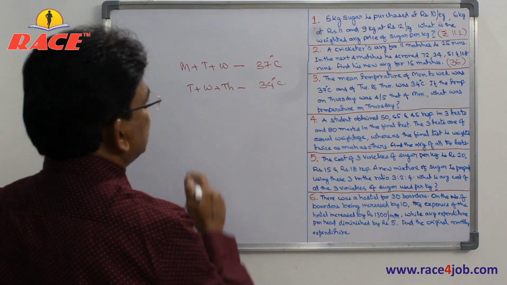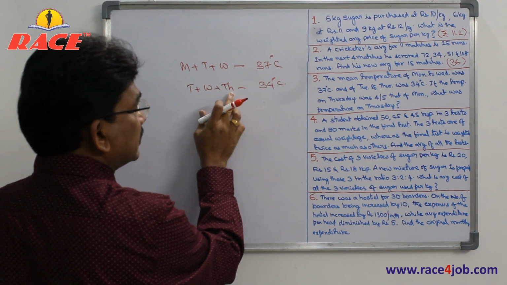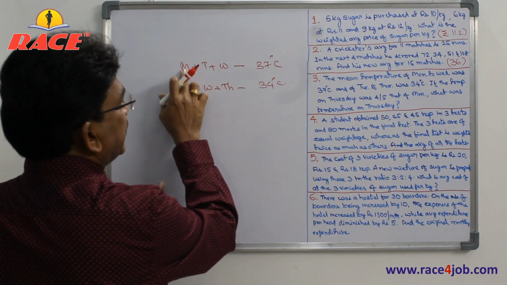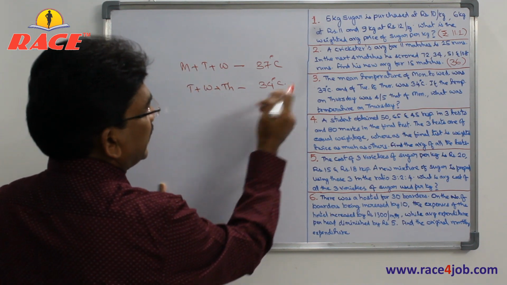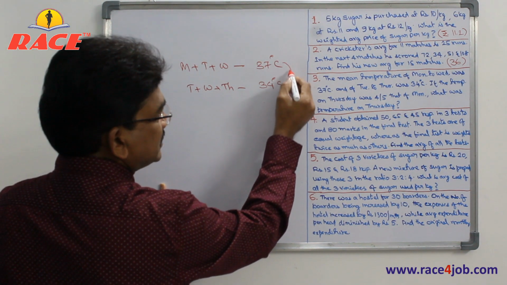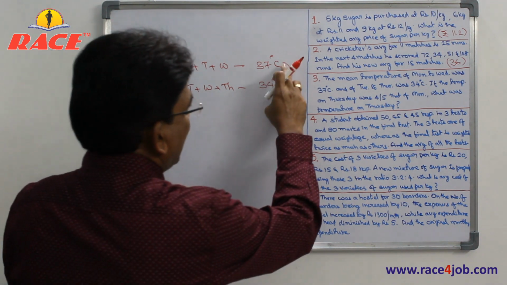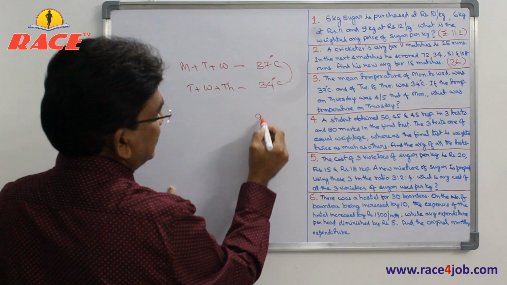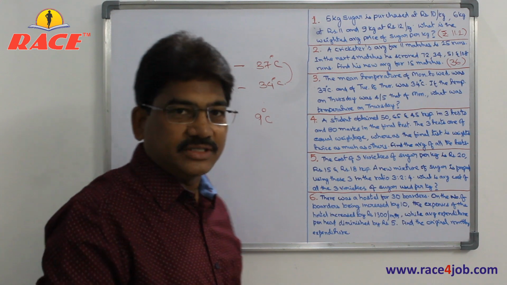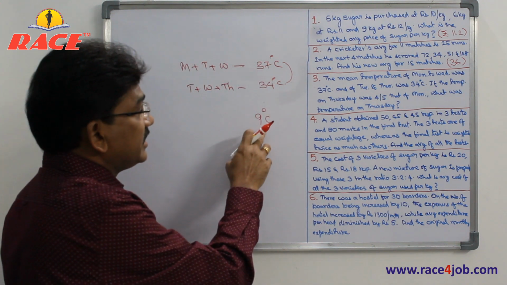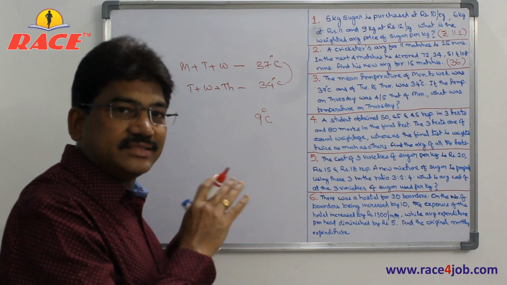See, here what happened, Monday, Tuesday, Wednesday is there. But Tuesday, Wednesday, Thursday is there. That means, in place of Monday, Thursday has come. Thursday replaced Monday. After replacing Monday, the average temperature has come down. That means Thursday is less than Monday. How much less? Average 3 means for 3 days, it will be 9 degrees less. It is clear that Thursday is 9 degrees less than Monday.